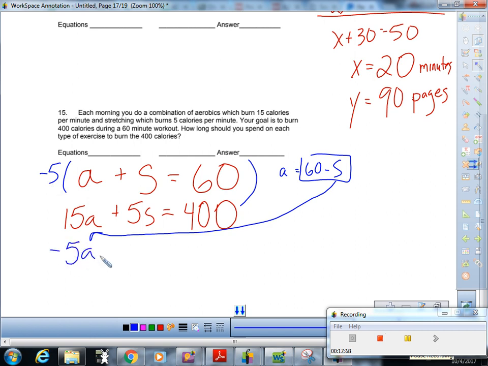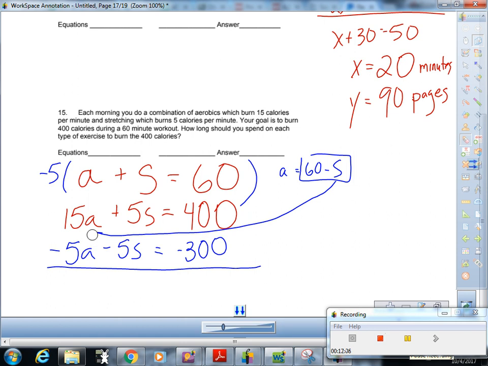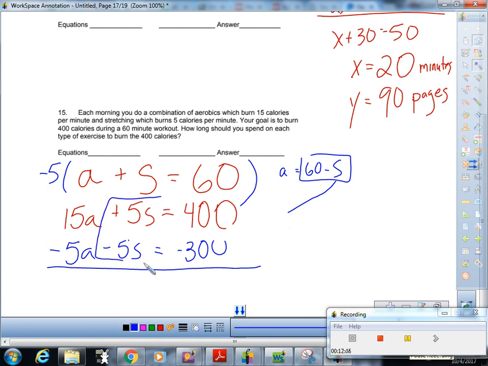You get a -5A minus 5S, -5 times 60. That's a -300. And now, pardon me while I erase this, just so you don't get it in your way. Now I'm going to add those things up. Why did I multiply by -5? Because look what's going to happen to these things in the middle. When you add them up, what happens? They're gone. And so you get 10A,